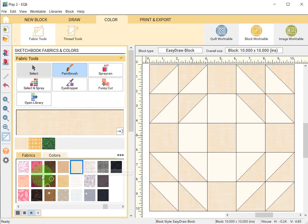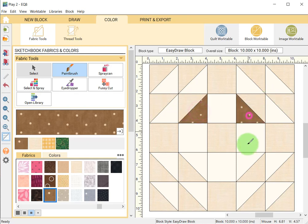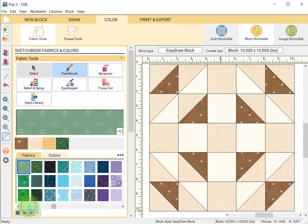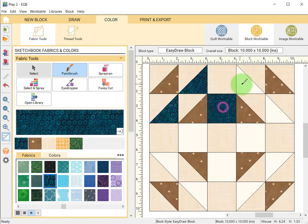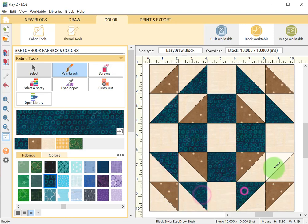And then let's just go with dark brown this time. Go here. And here. And doesn't matter, whatever color you want. And there's the block from scratch, and I would add it to my sketchbook so that I could use it